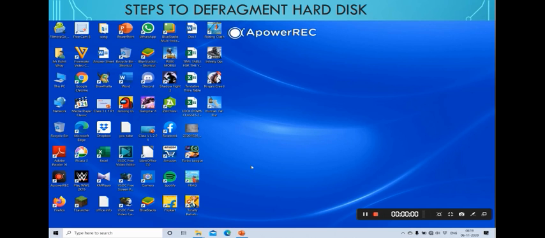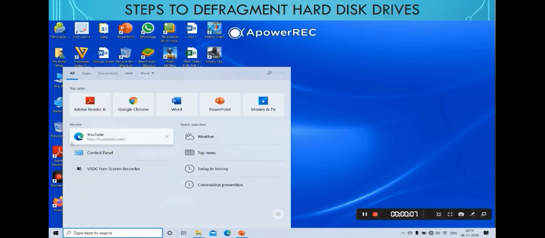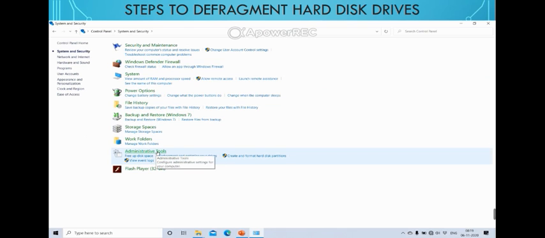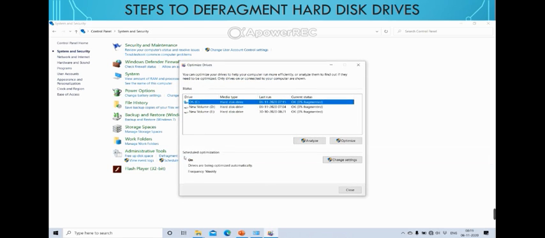Steps to defragment hard disk drives. To use disk defragmenter, go to Control Panel. In Control Panel, go to System and Security Group. In this group, go to Administrative Tools, and in this, click on Defragment and Optimize your drives. New dialog box will open. In this one, all the drives will be shown. Choose any drive and click on